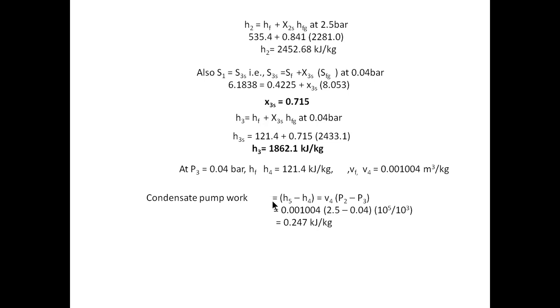It is a pump for 1 kg mass, but here the mass handled by the pump is 1 minus m. I will come to that later. Let me calculate pump work considering mass later. For calculating the enthalpy, I will consider it as 1 kg. So I will be calculating enthalpy H5. With this, I'll be getting enthalpy as 121.65 kilojoules per kg. So we are going to calculate the enthalpies in the same fashion.